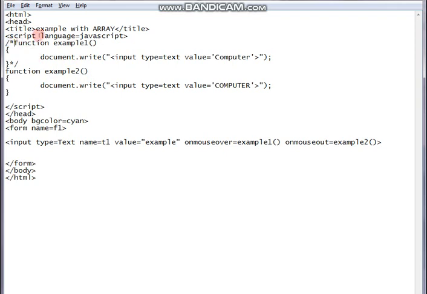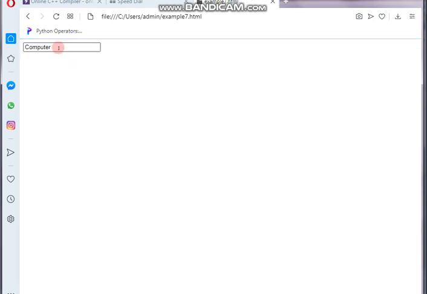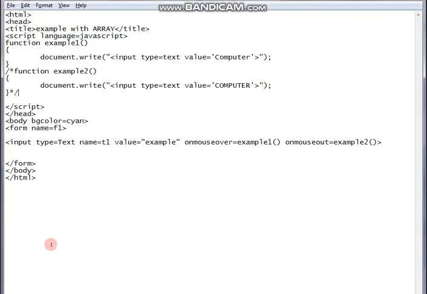So suppose I want to concentrate on example 1 and close example 2. So check what is happening now. Coming here, I refresh. Now check what is happening. Computer, the C is getting capital. But when I am taking the mouse out, nothing is happening. As I told you, either one you can run. Either you can run mouseover or you can run mouseout. Okay, this is the concept of mouseover as well as mouseout. Both I kept in the program, and one I am running and one I am keeping under the remark.